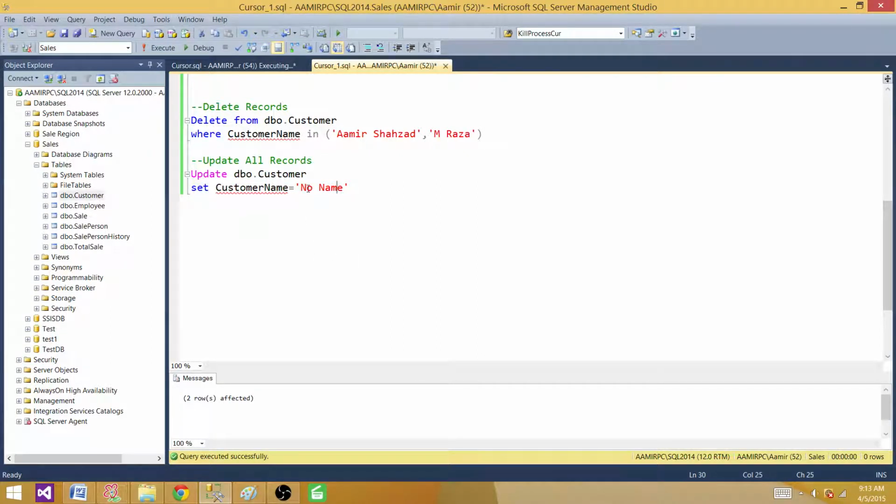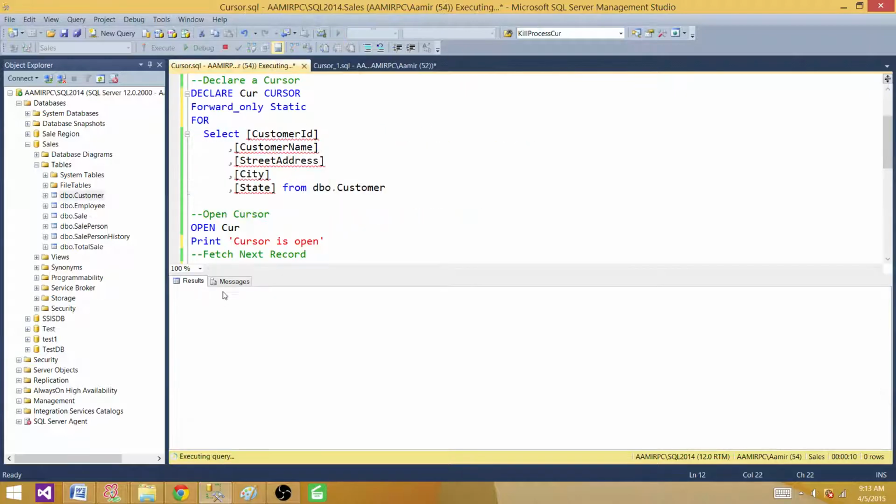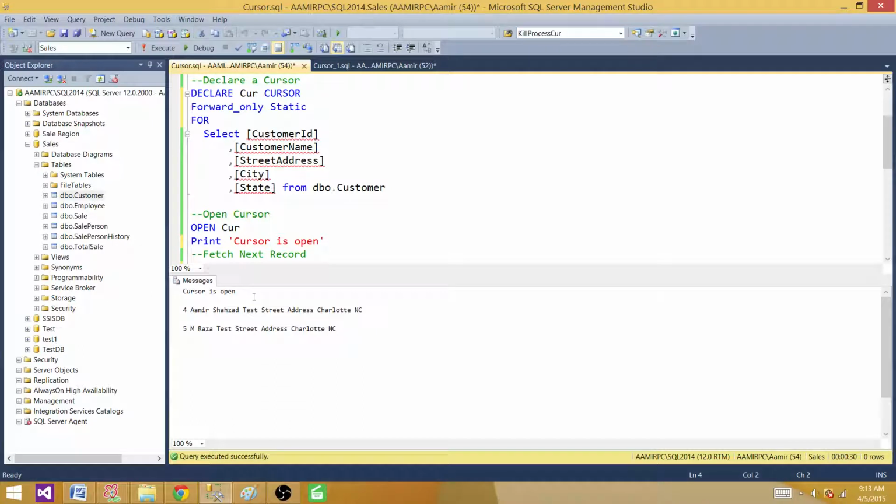So even I have updated the records with no name, still it will keep showing us the name Amir and Raza, because it doesn't care what happened in the base table once the records are extracted for the cursor. So they are already extracted, we made the changes after that, so it's not going to care about that. So it's going to print the next record as well with the M Raza. So it did print with the values.